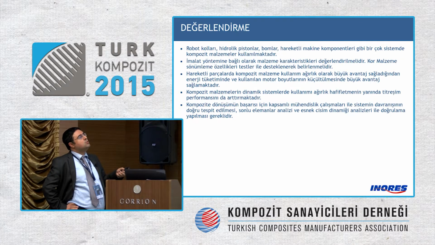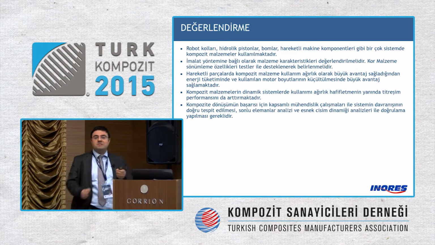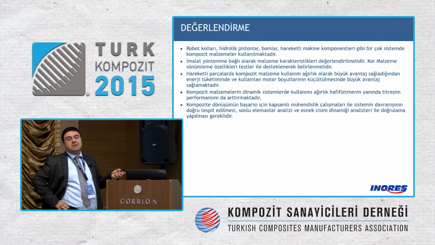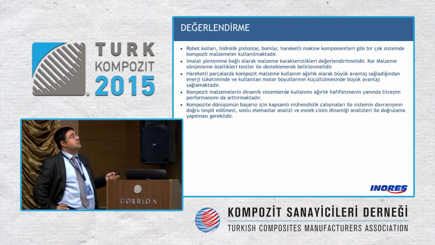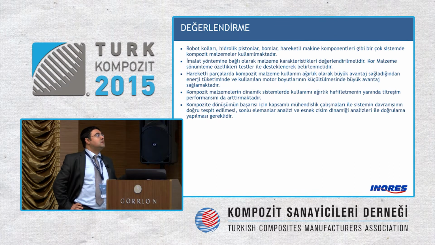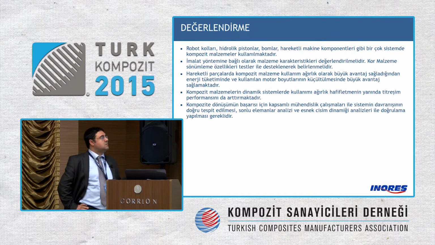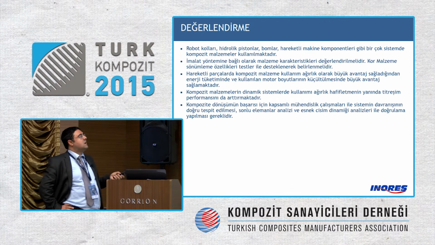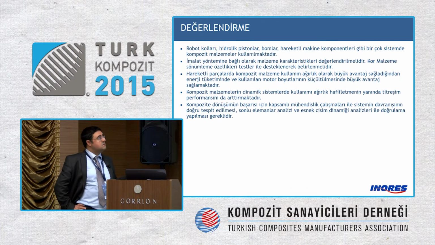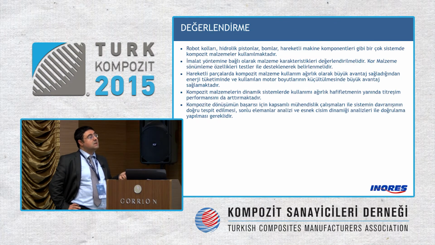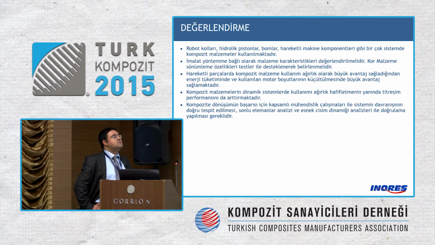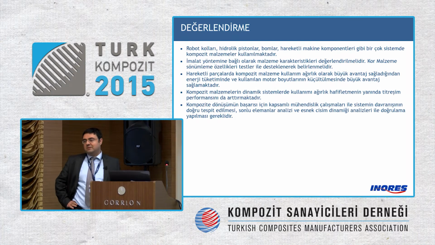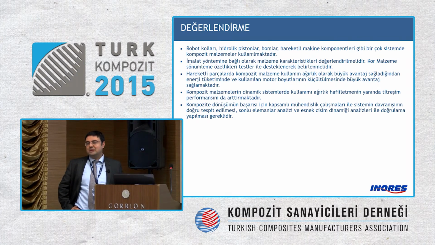So there are different areas that can benefit from composite materials, like robot arms, the hydraulic pistons, the moving parts of the components. And the production method is very much important. It should be assessed together with the material features. The moving parts will be advantageous if we use composite materials because they will get less heavy. It will get lighter, and the composite materials